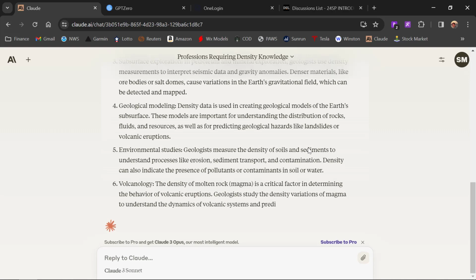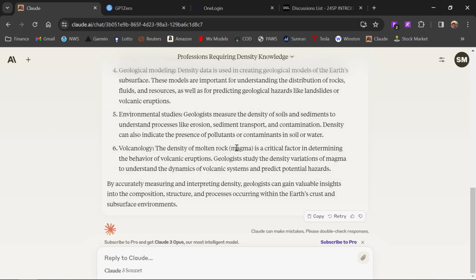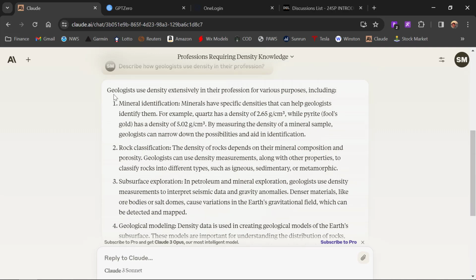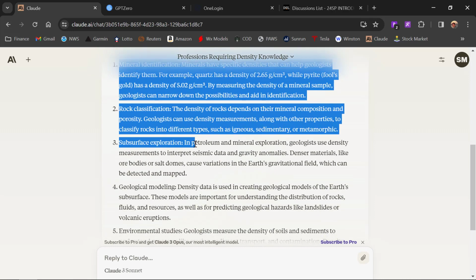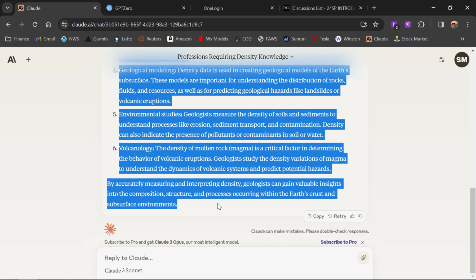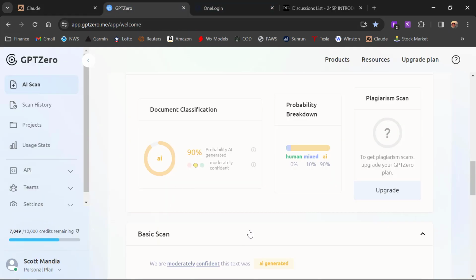All right. Don't you feel smart now, right? So of course, if I were to be foolish and just copy this and throw it in GPT-0,